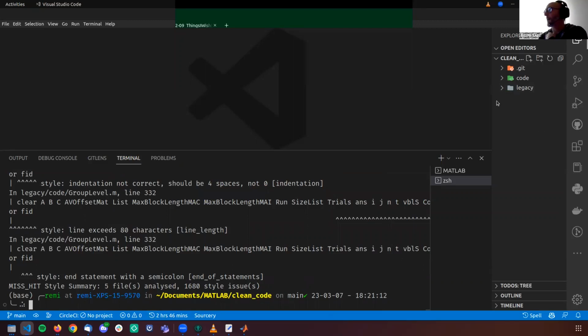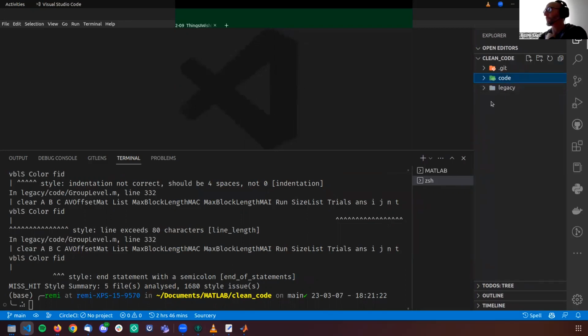So the function that I have either in this code folder here or in my legacy code, and it makes a list of all the styling issues that exist. And as you can see, there are a lot of problems. For each of them, mishit will tell you where the error is happening. So here, group level and legacy and code and group level and line 322, and it's telling us that the line does not have a semicolon at the end.